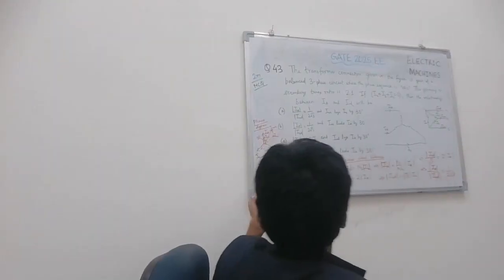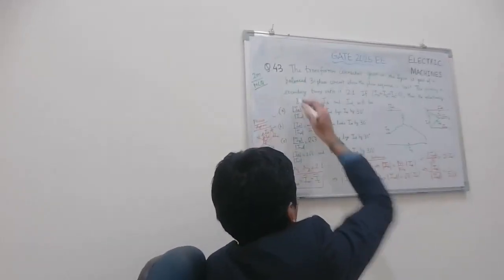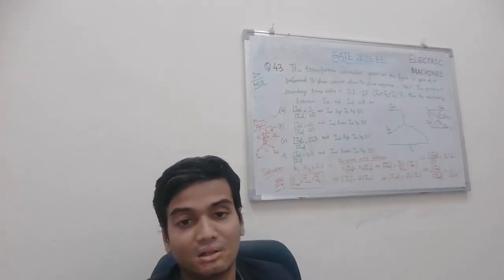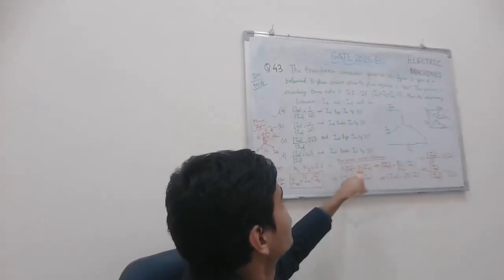2 mod IA by mod ID by 1 by 2 by 3, and IAD lags I capital A by 30 degrees. So the right answer to the question is option A. I have explained it in detail. First doing the per phase MMF balance, then